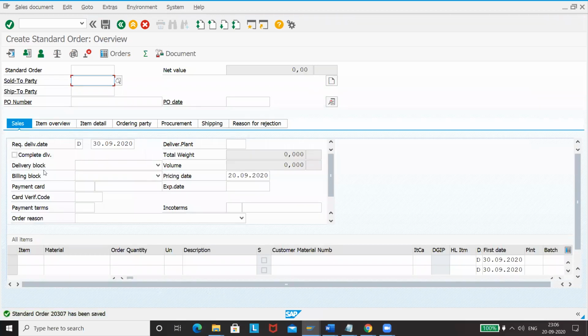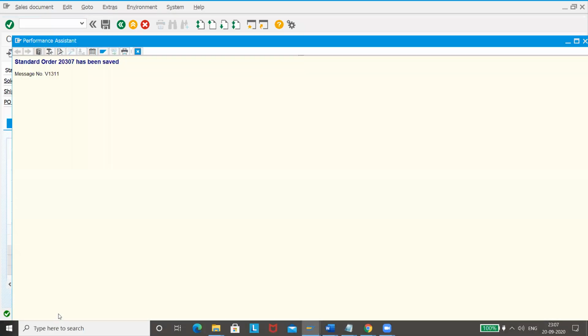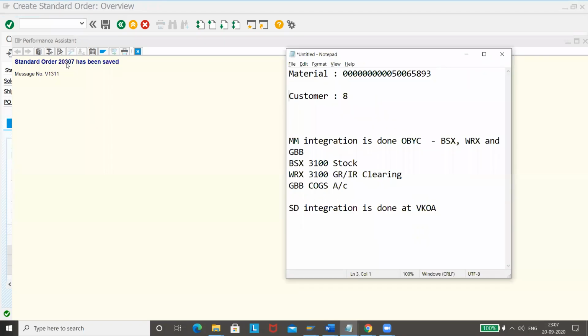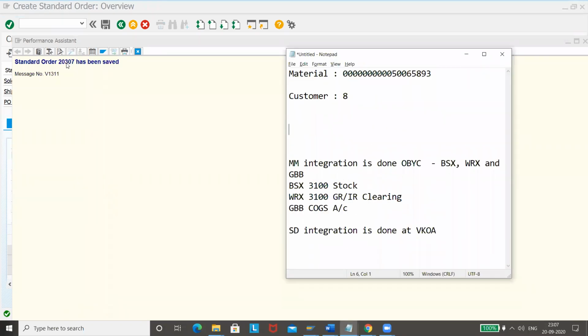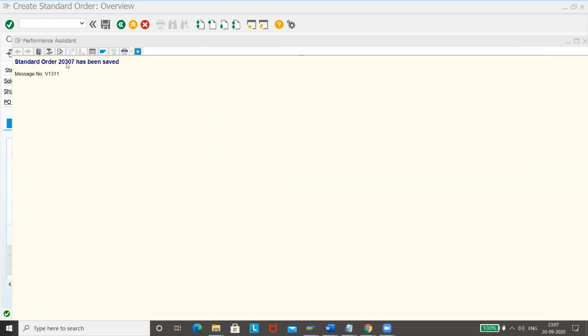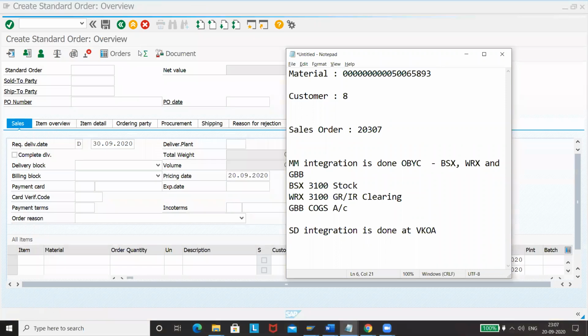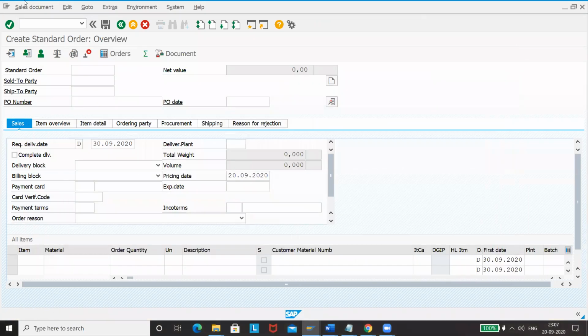It is saved. Yeah. So now this sales order is saved. Please take this number. Sales order is this one. Now what we will do with this sales order, we'll then go ahead with PGI.